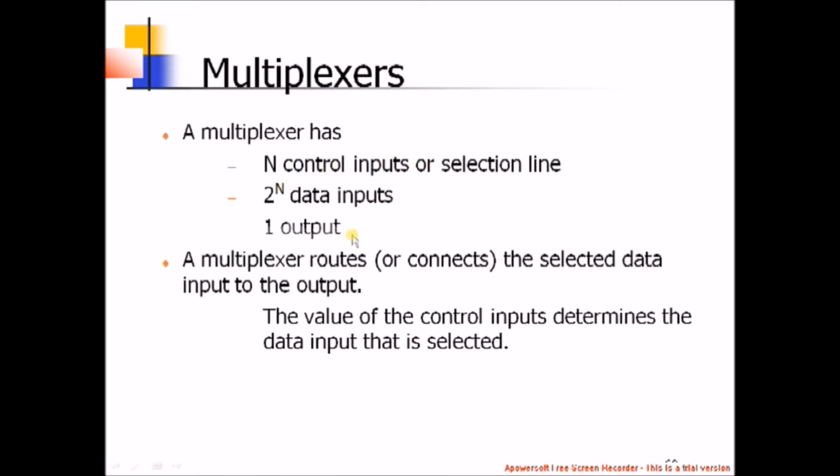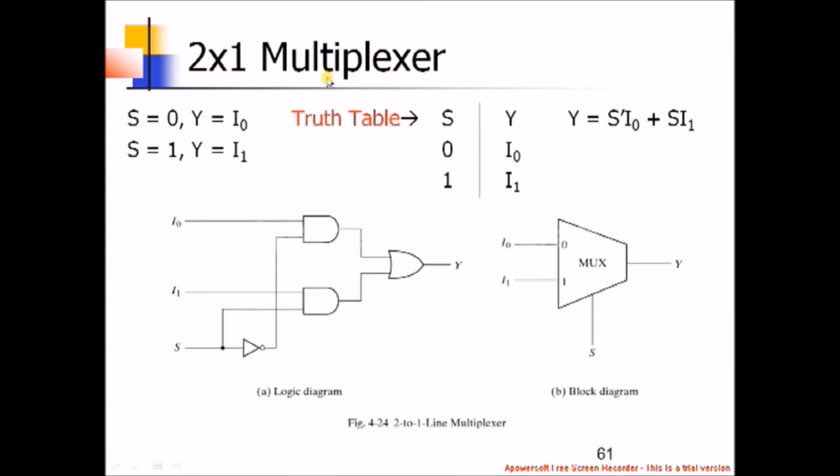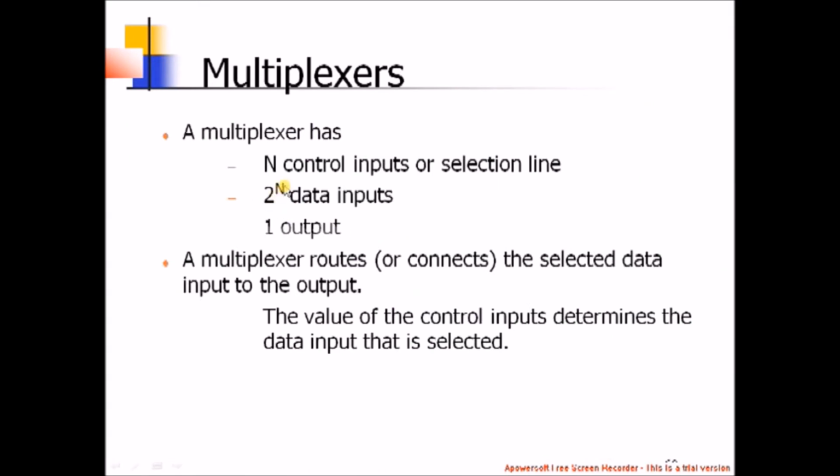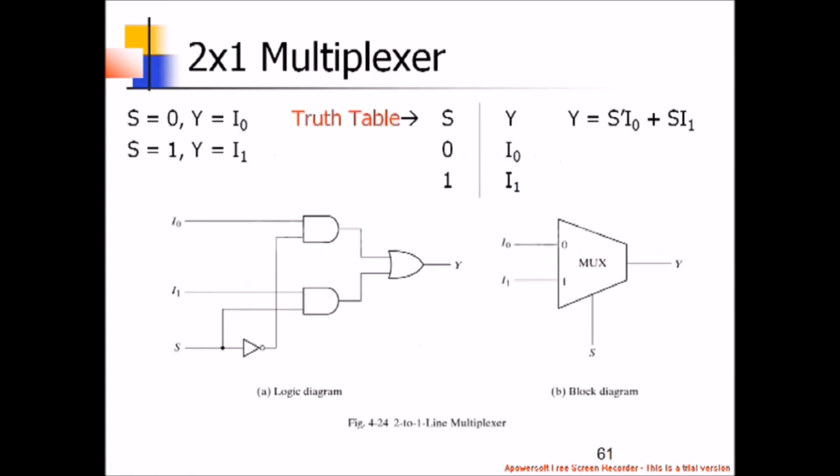Let us see an example of this multiplexer, that is the 2x1 multiplexer. Here 2x1 indicates that it has two inputs. This multiplexer can receive two inputs and produces only one output. As there are two inputs, it means 2 power n, where the value of n here is 1. So 2 power 1 is two inputs and n is 1, therefore there would be only one selection line or control line. Based on this control line, one of the inputs is selected and routed to the output side.